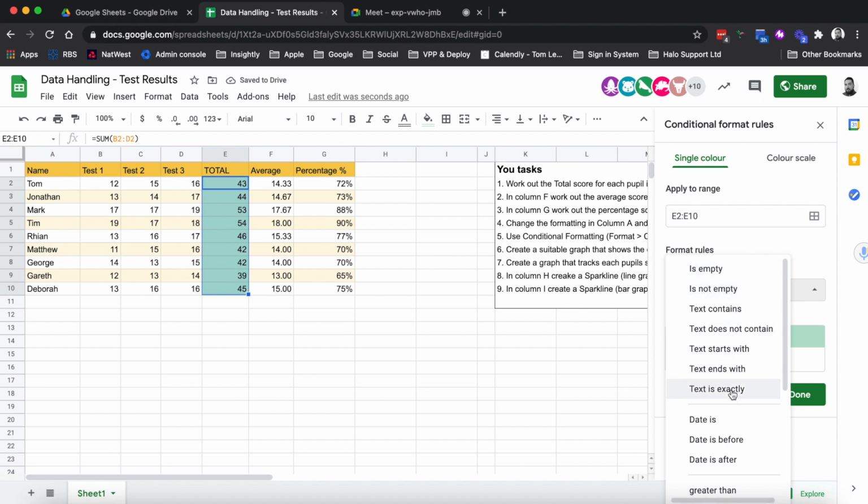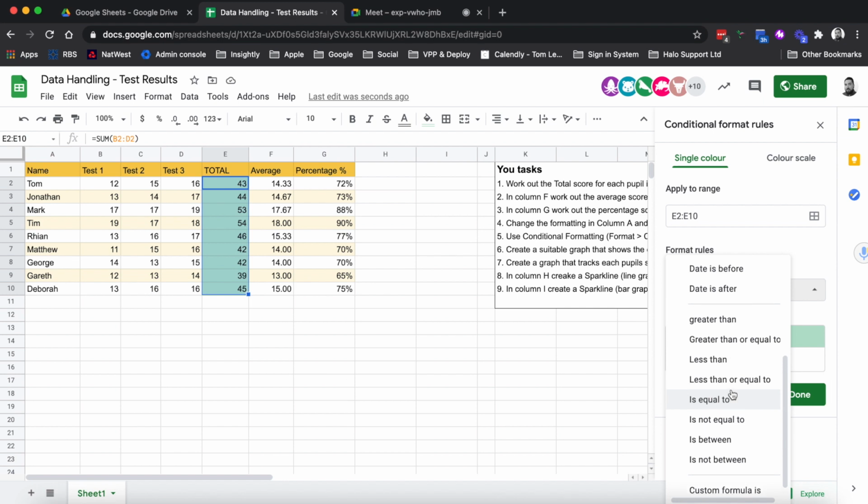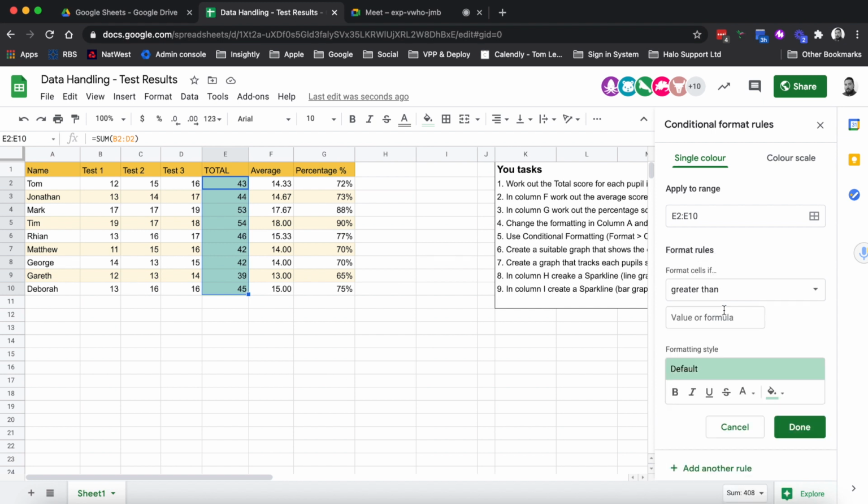Now, there's a lot here. I'm not going to go through them all. You can have a look at these if you want to. All we're going to look at is some of these here. So if any of these cells have got a number in them that's greater than, or you can choose greater than or equal to. So we say greater than, and what we're going to say, 45, I think. So yeah, greater than 45,